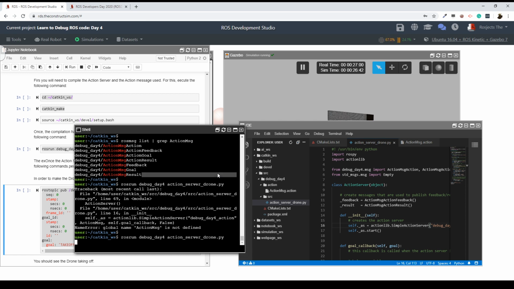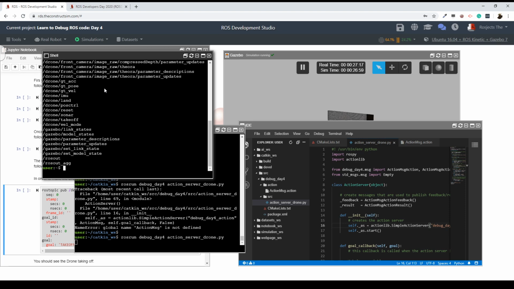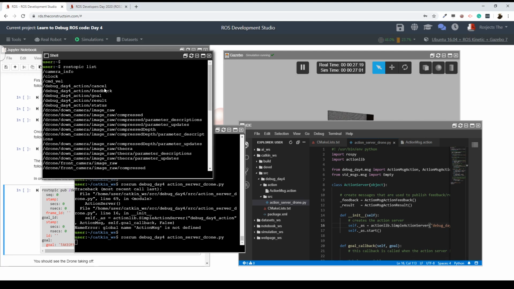So now I have my action server running, yeah? But it is actually running. Okay, so in order to check it, I'm going to do it by myself. I can do a ROS topic list. And here I can see that I have these